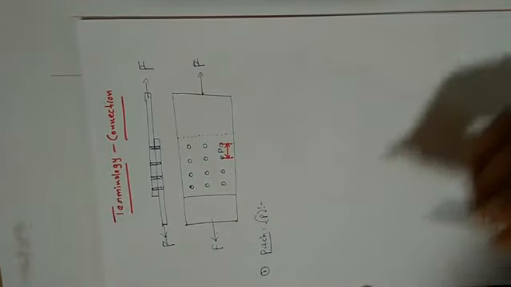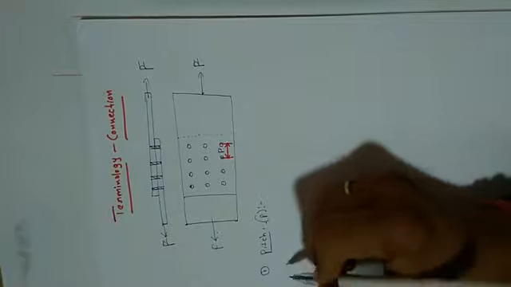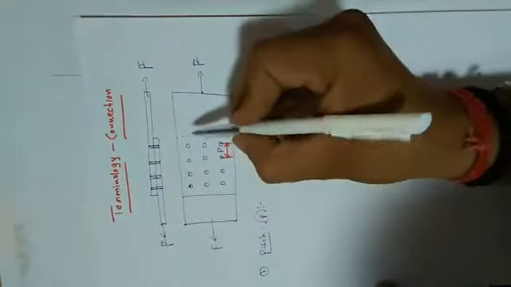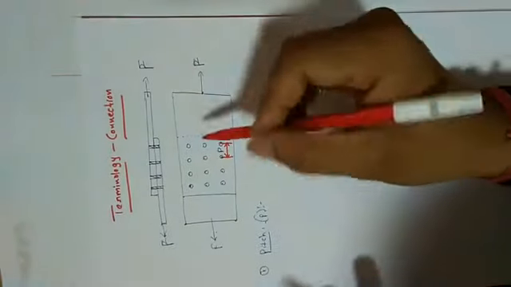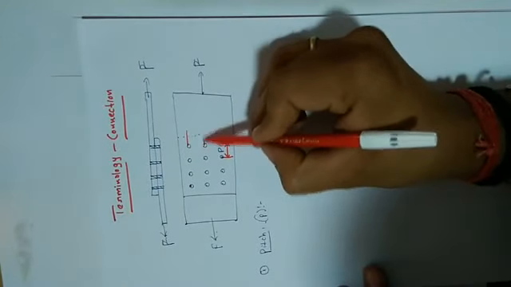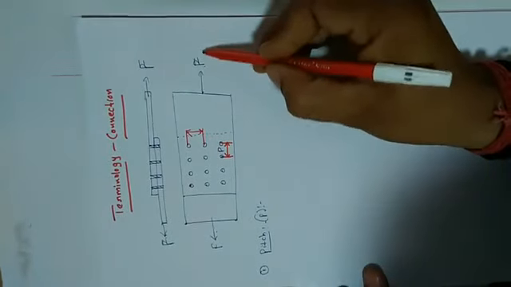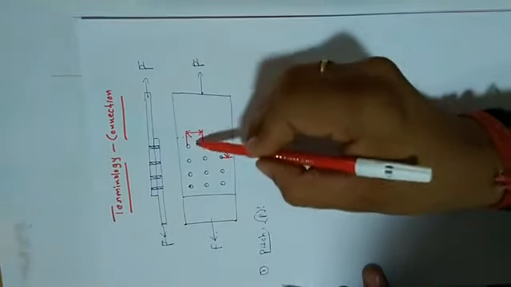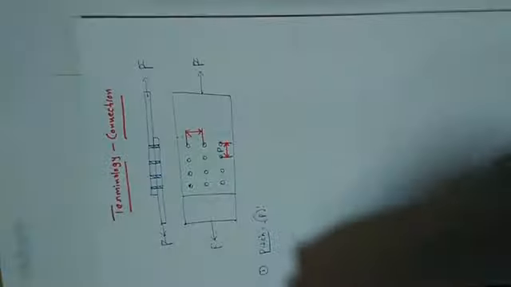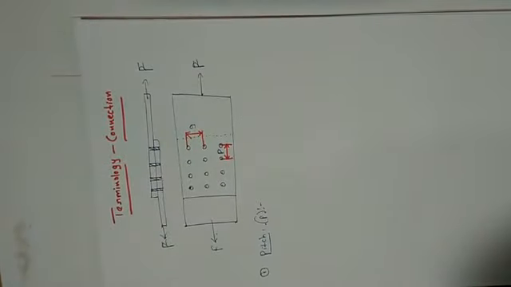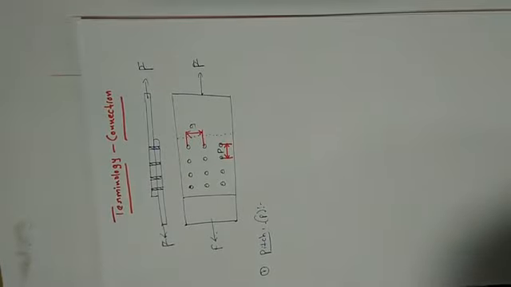Right. So next, what do you mean by gauge? Gauge is nothing but the distance between the centers of two bolt holes which is perpendicular to the load direction. Load direction is this and the distance is perpendicular to that direction. So it is called gauge. Got it? So that is what gauge means.